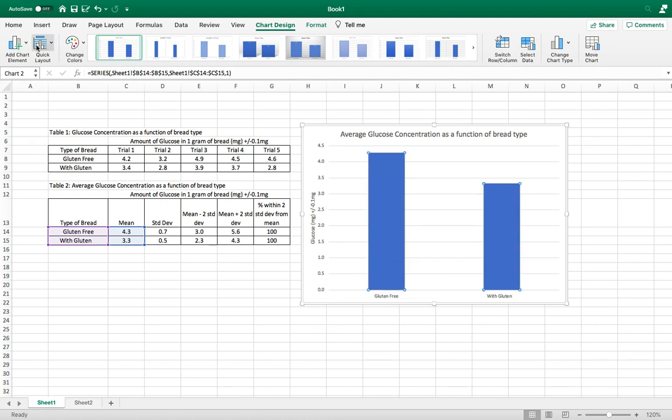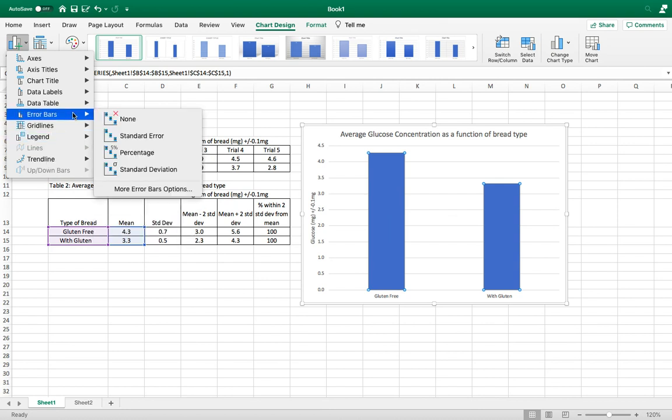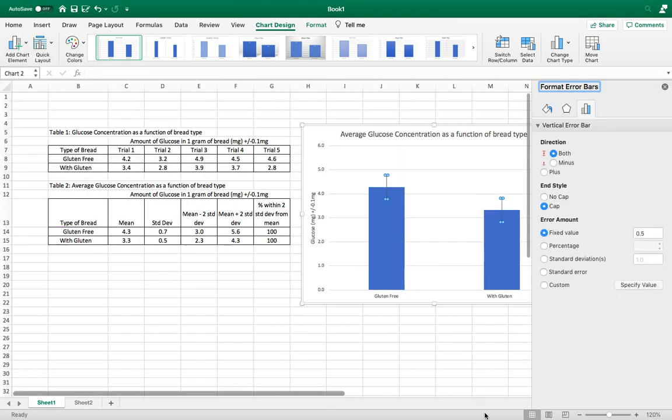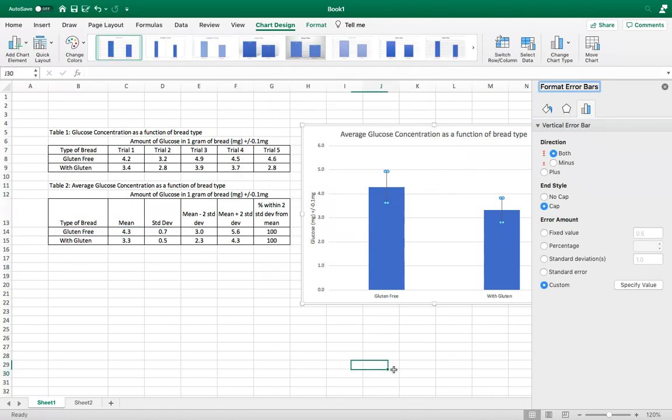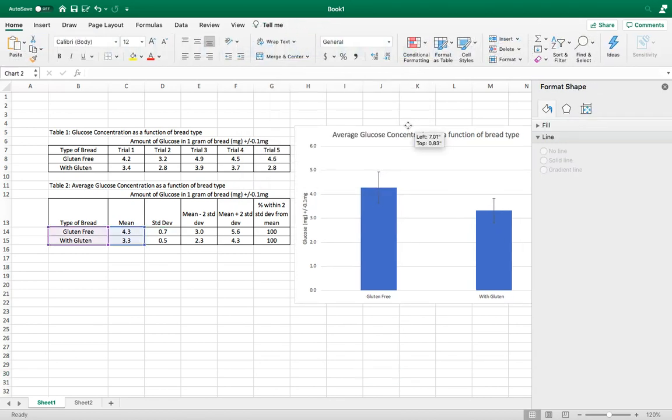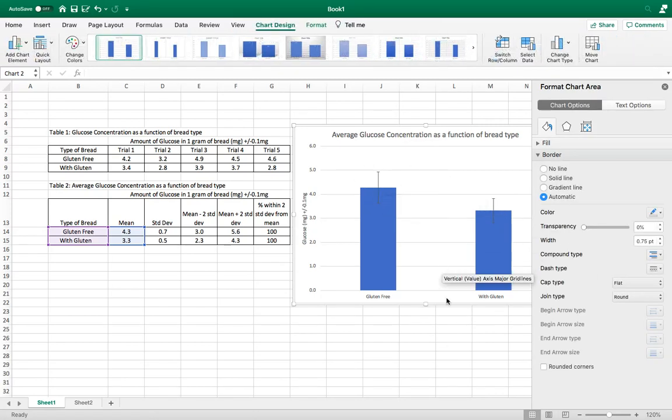So I will again go to add chart element, error bars, more error bar options. I'm going to custom specify the value, and of course I will put in my standard deviation. There they are. Now if I'm trying to determine, is there a statistical significant difference between the glucose concentration of gluten-free and with gluten bread? It's hard to tell here. It looks like my error bars may overlap a little, and so I want to know if there is a